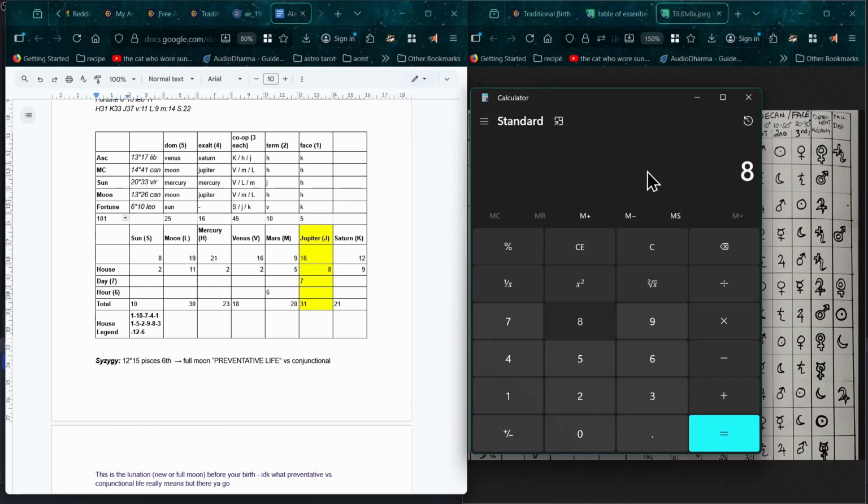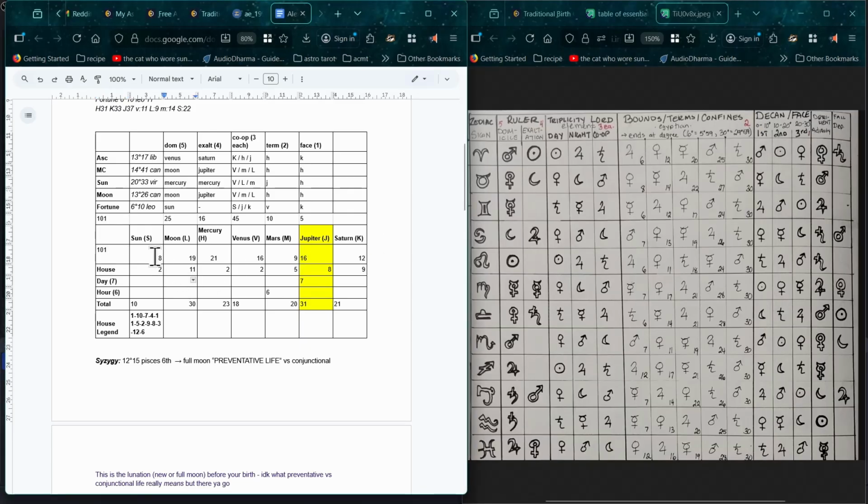And then we're going to do 8 plus 19 plus 21 plus 16 plus 9 plus 16 plus 12, which is 101. So this total should equal this total, and they do. So that means we can scale these planets on who is transiting through the chart year after year through